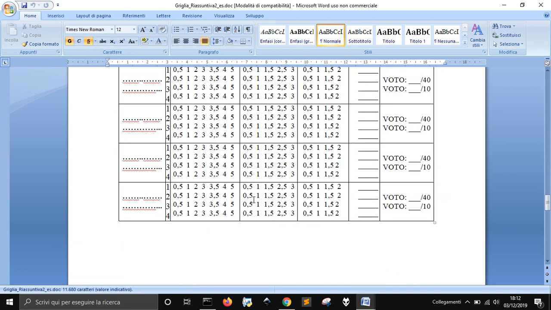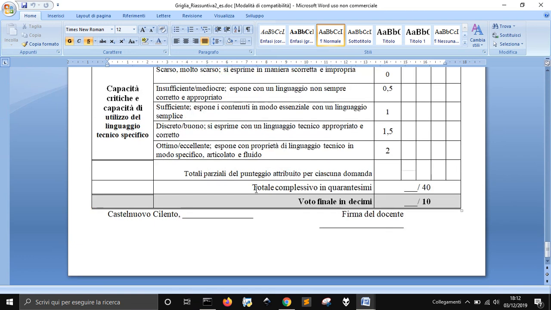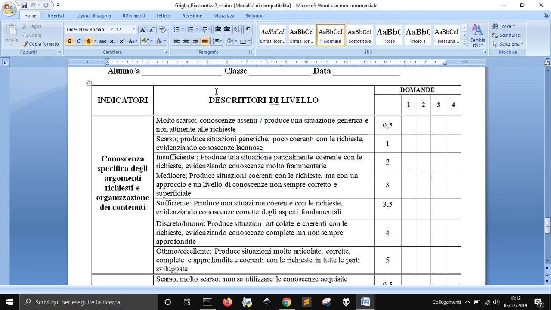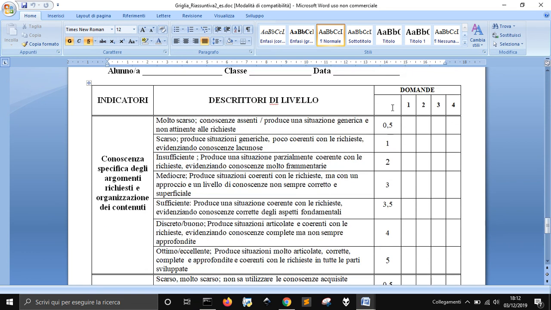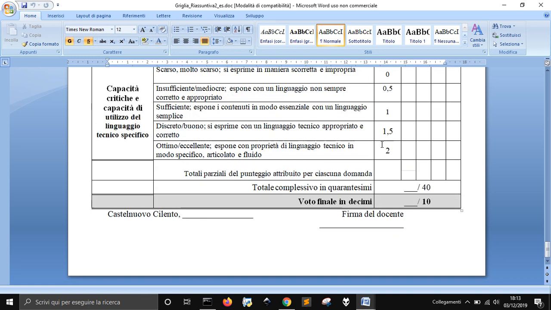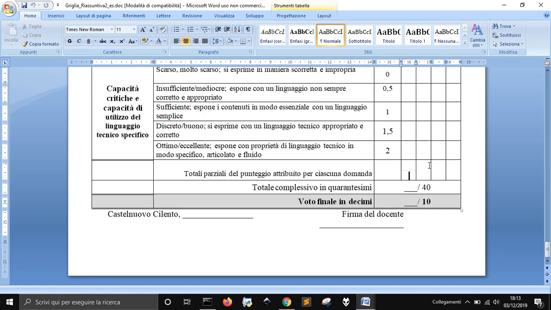Now to make it easier, I have synthesized this grid here with indicators and the descriptors of the level, and the score of the rank of each level, and from the sum of these we will have the evaluation for each question